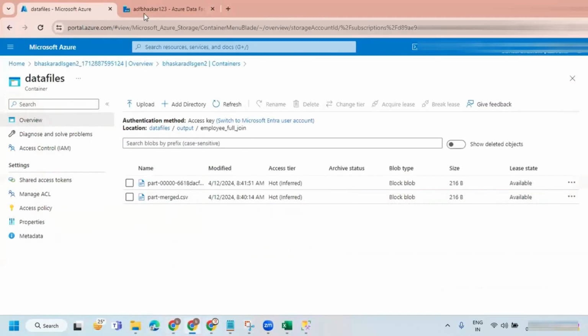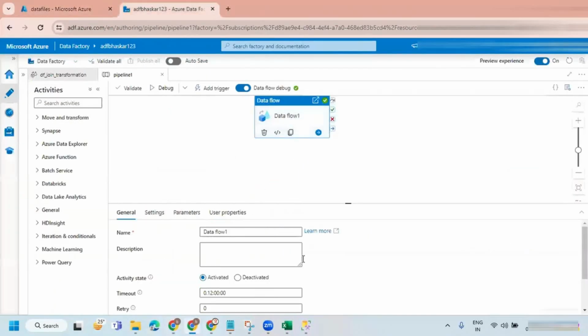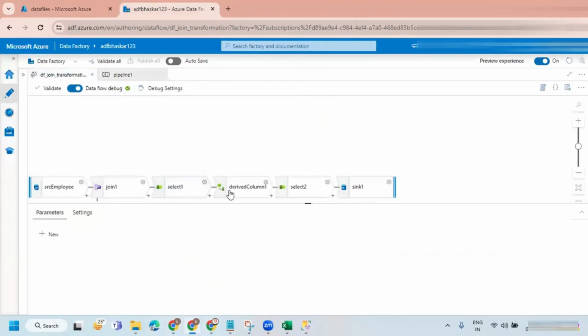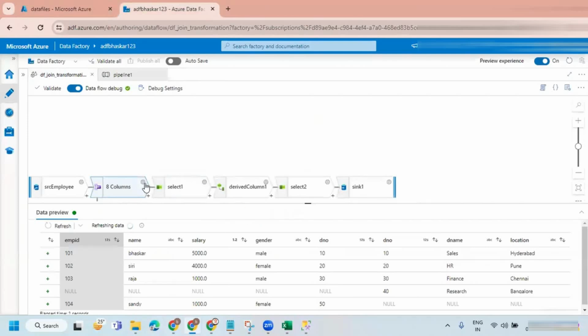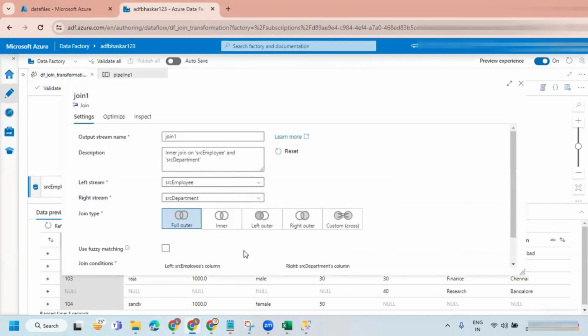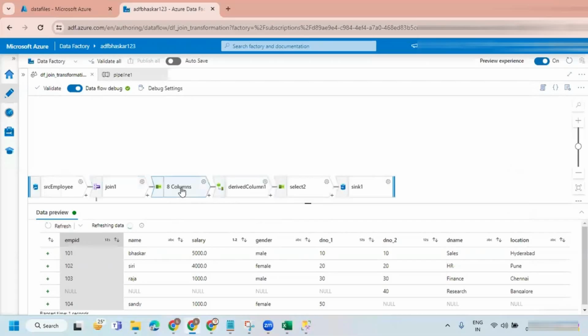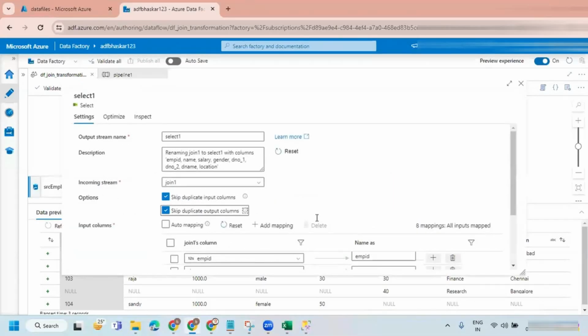So after derived also we should take a select transformation? Yeah, we can take it at any place. In the join transformation, we don't have any control on the number of columns. But when it comes to the select transformation, we have control.